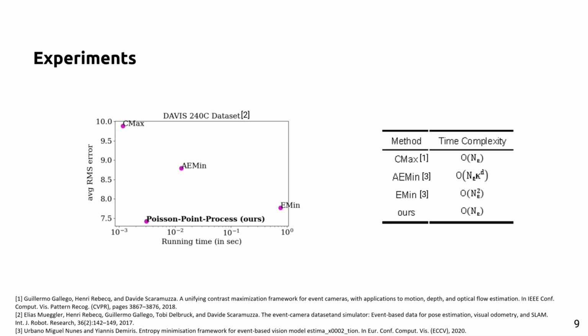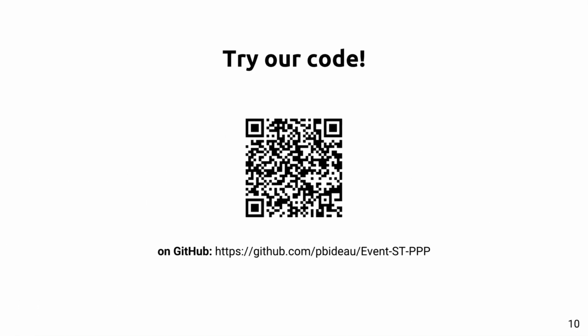One advantage of STPPP is that it has the same computing complexity but much better performance in terms of the root mean square error measure than contrast maximization. The complexity of our approach as well as for contrast maximization is linear with the number of events. The complexity of entropy minimization is quadratic with the number of events since it requires the cost computation of all event pairs. The approximate version of entropy minimization only considers the costs of events within a certain distance defined by a kernel.